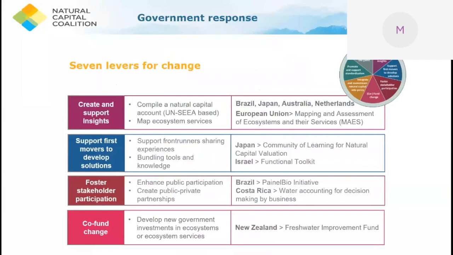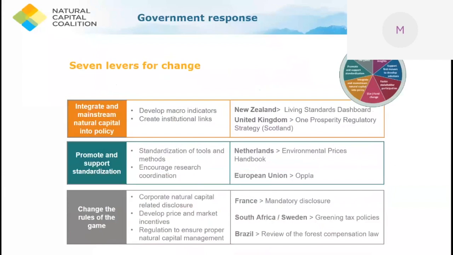If we move to the next slide, we can see that the other levers are focused on mainstreaming the natural capital into policy. So it's not just a matter of creating the information, that was the first lever, but how to integrate this information from the beginning in the design of the policies. We need to create institutional links, because the policies cannot just come from the environmental department. So we need to create multi-institutional links with other departments and use multiple kinds of information from macro